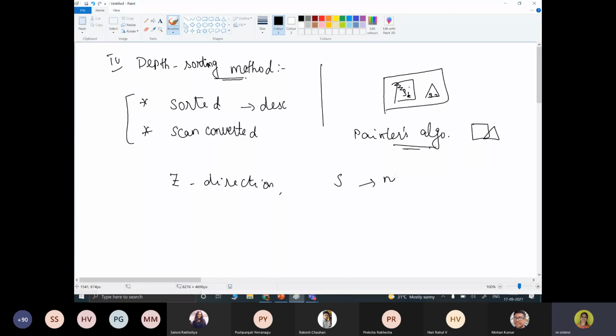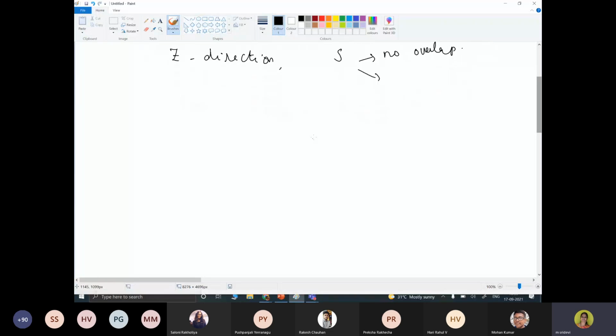If an overlap occurs, there are different scenarios we are going to discuss. Let us take this as the Z view and this as the X view, in viewing coordinates, so I'm representing it with V here.